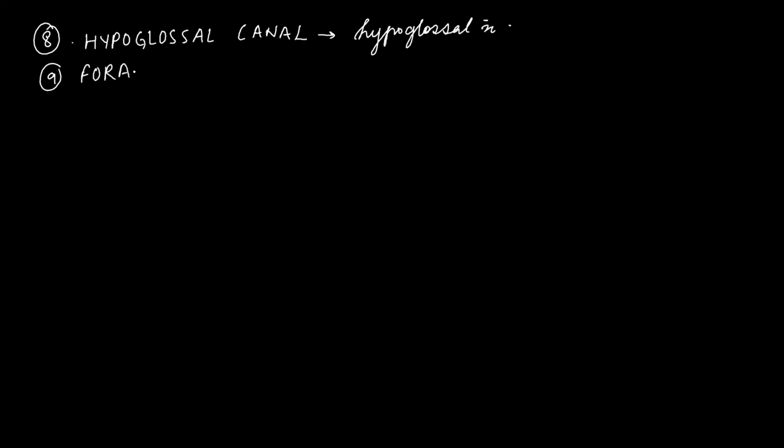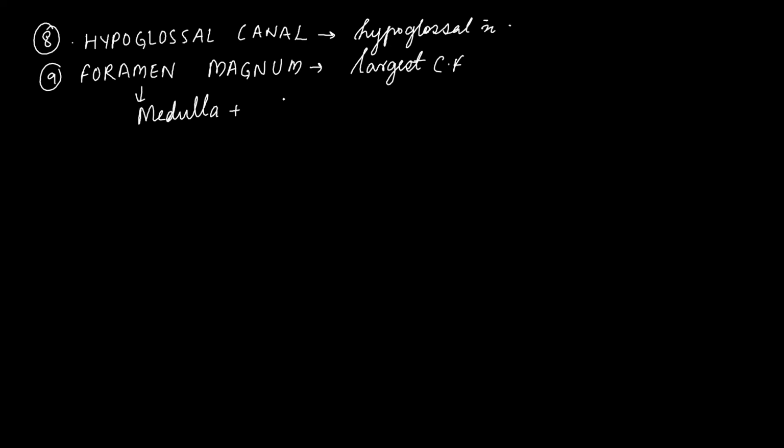We have foramen magnum, and this is the largest, remember, the largest cranial foramen. The largest cranial foramen is foramen magnum. It lies in the occipital bone within the posterior cranial fossa, and it helps in the passage of medulla and meninges, plus vertebral arteries,